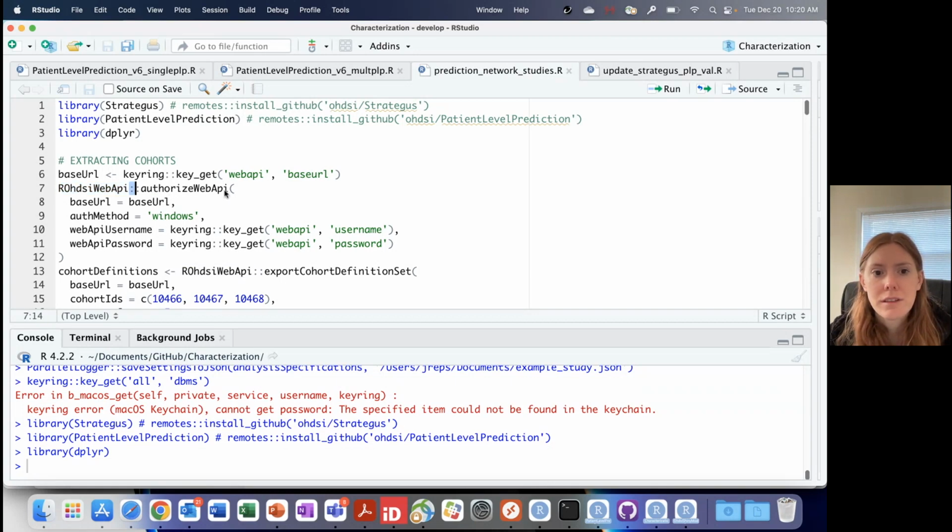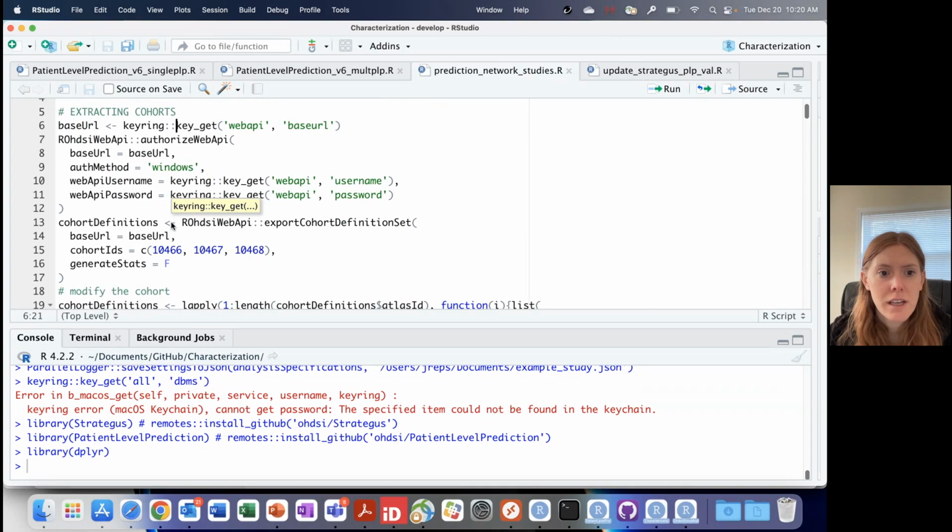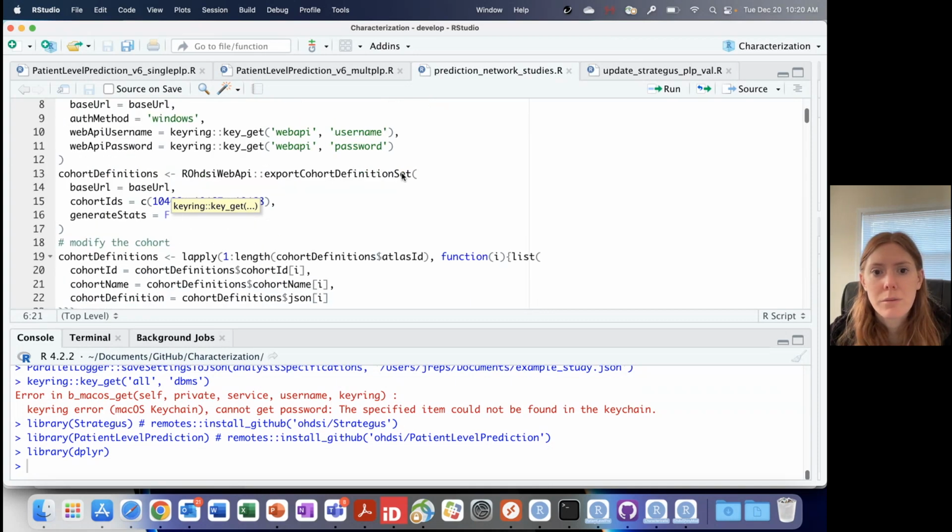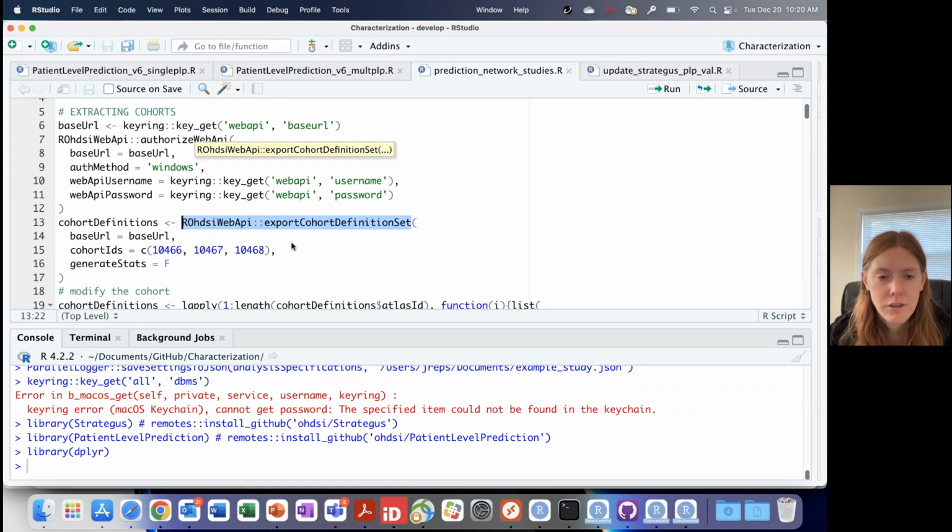So I'm actually using this authorizeWebApi function to have a connection to the WebAPI that I actually have access to for Atlas. And then I'm using this ROhdsiWebApi's exportCohortDefinitionSet. So you don't have to use this. You could manually create this cohort definition set, but it's much easier if you're using this WebAPI function, because